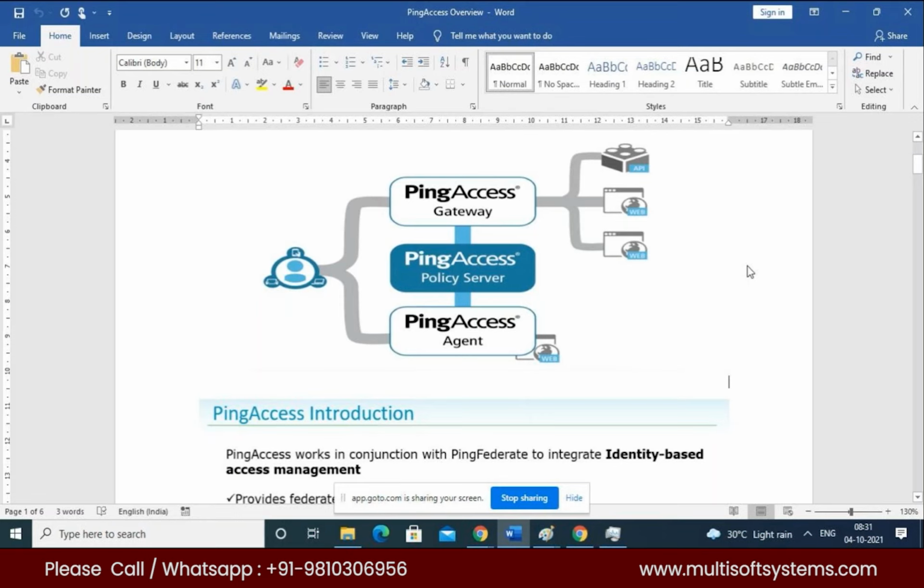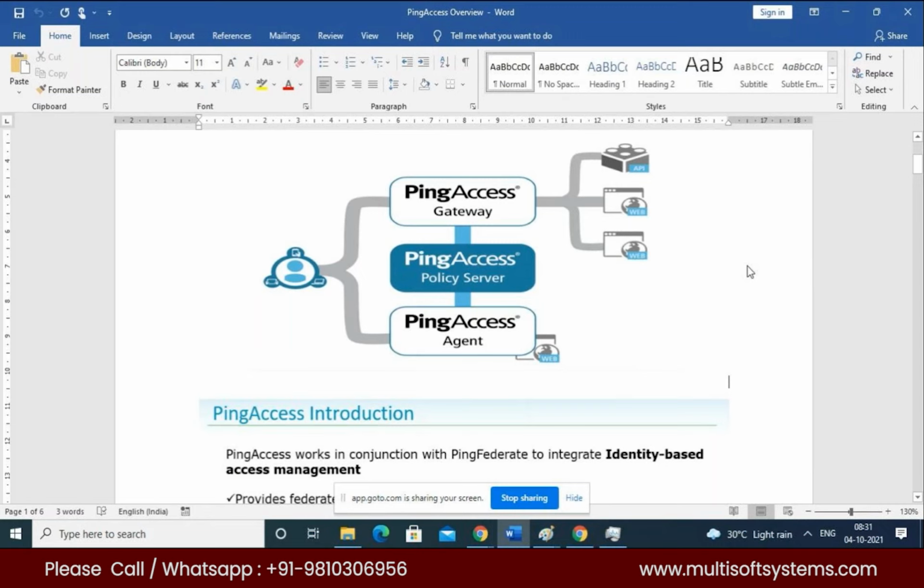I have not worked much on the agent model either, because the agent model involves development: code development and maintaining the code will be a little complex. For that reason, mostly the existing agent model applications are being converted into the gateway model in recent scenarios. So we can take it as an example like that.